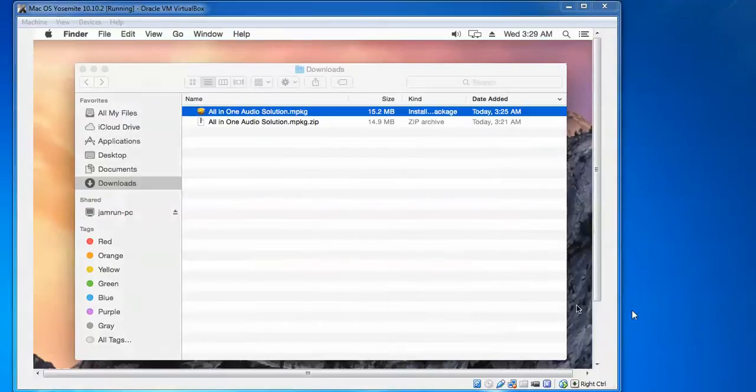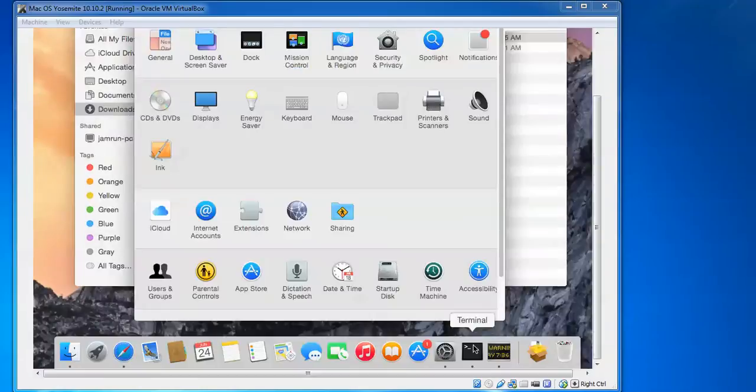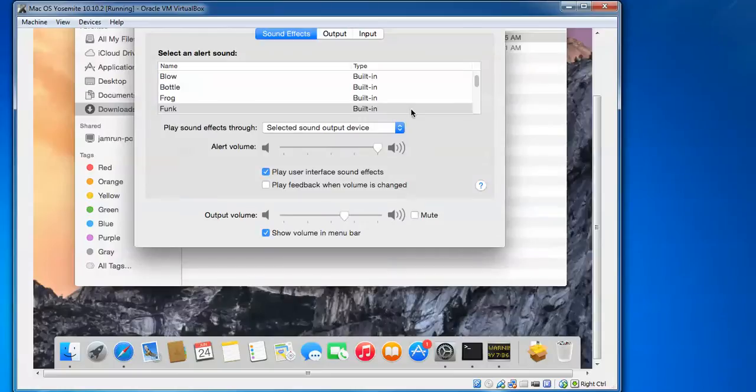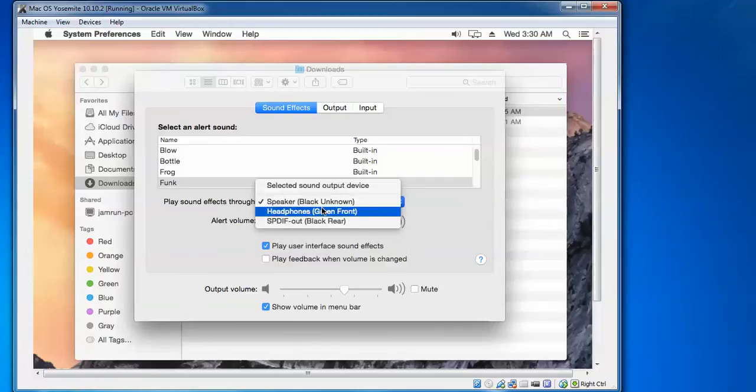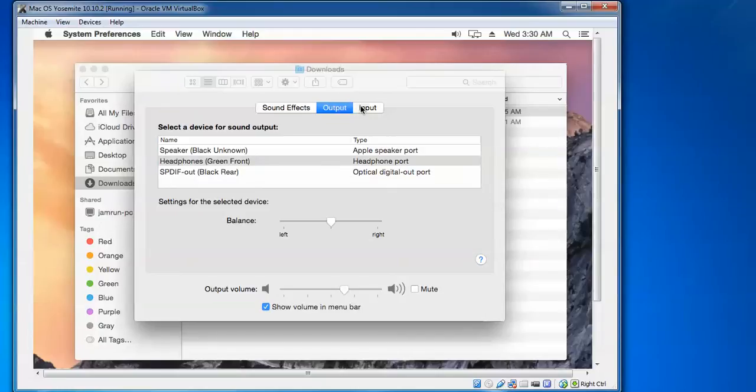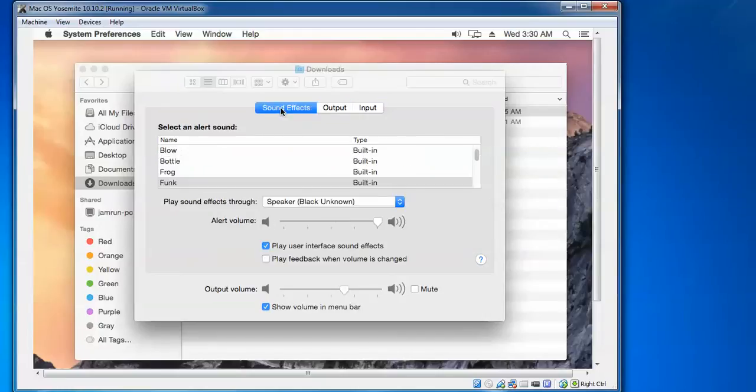Close it now. For confirmation, you need to click on system preferences. Here the sound drivers are there. As you click on the sound drivers, this will come on the screen. You can just select your speakers or your headphones. Upon selecting, you can check your output here, and the input also you can click upon. You can check whether everything is playing or not.